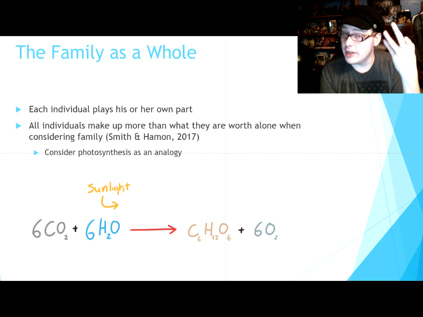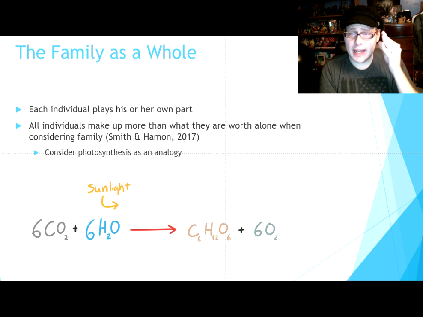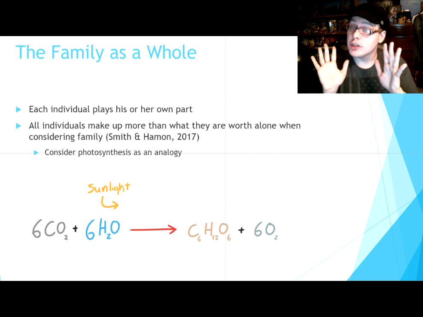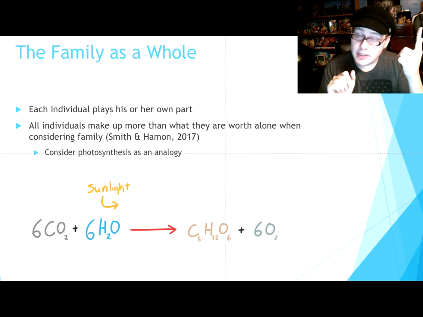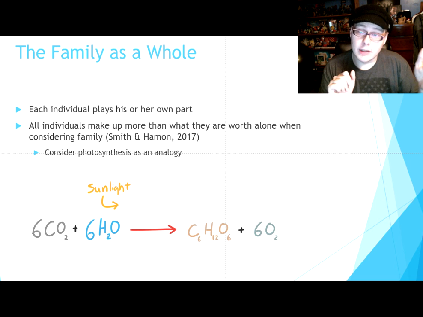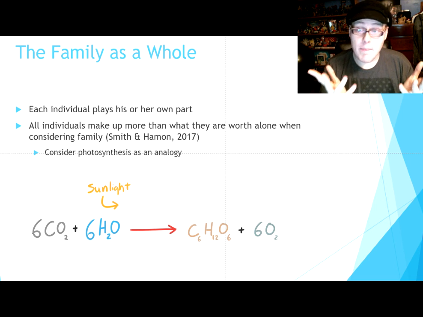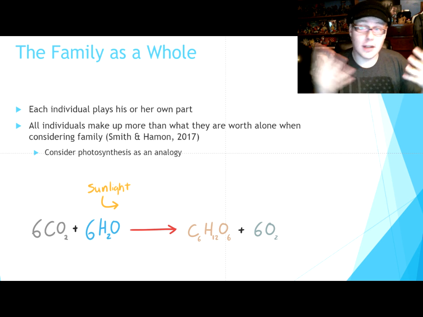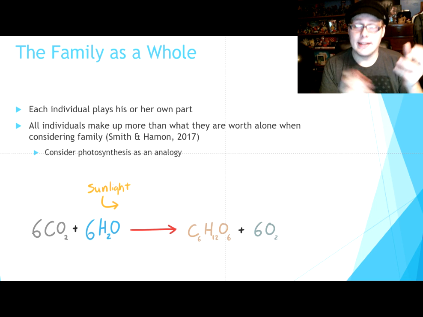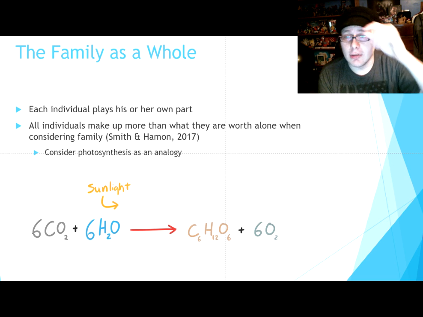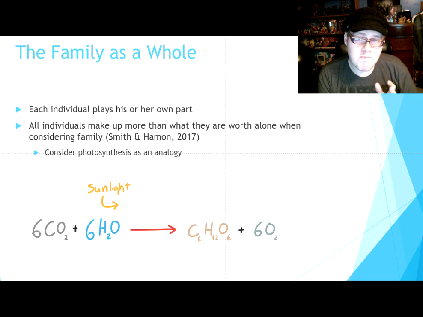Those are three individual things on their own, but together, when the plant absorbs it, it makes glucose, it makes oxygen, and that has a double benefit. The glucose and the oxygen can benefit the ecosystem around it because other plants and animals can use this. Other biological life, basically.